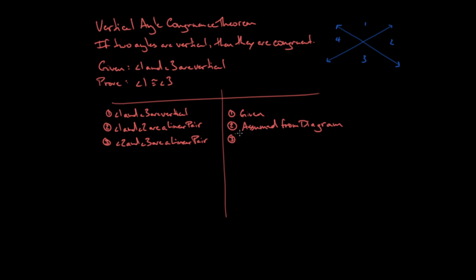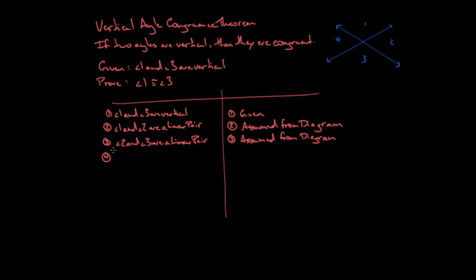All right, this is also assumed from diagram. You also notice, of course, there's nothing to cite here, because again, it's just coming from the diagram, not coming from a previous statement. So now I can jump into something interesting. So what do I know about linear pairs? Well, according to my linear pair postulate, which is one of our accepted statements that we didn't prove because it's just one of those accepted things, we can say